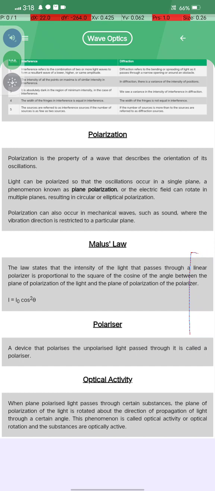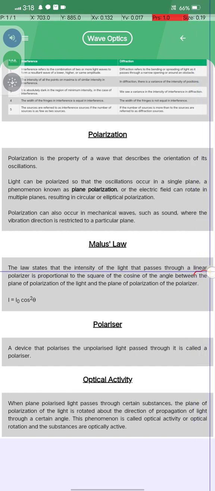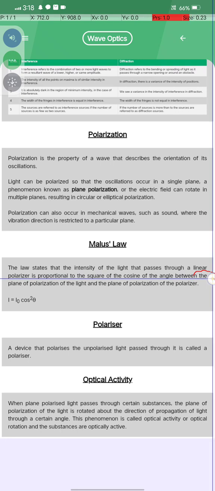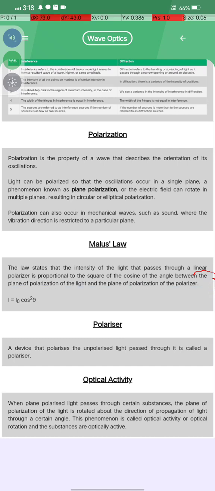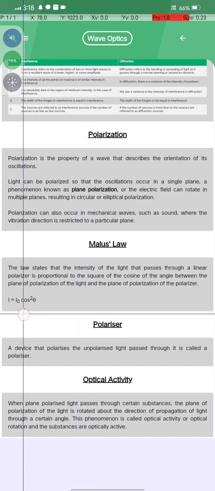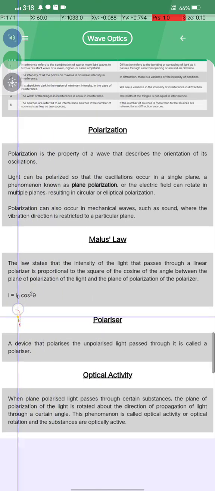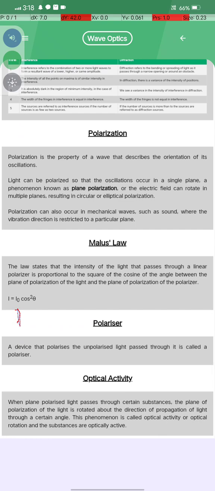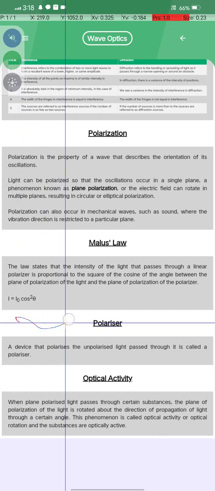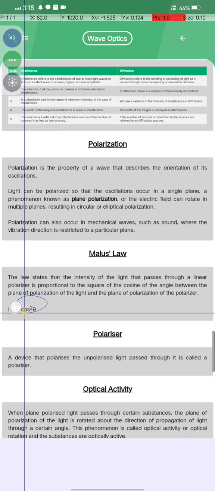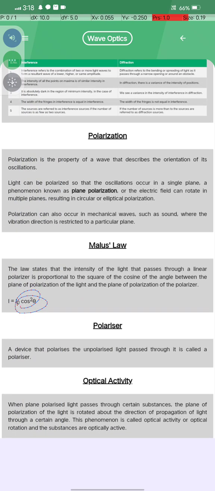Malus law क्या होता है? Malus law states that the intensity of light that passes through a lens and the polarization potential is directly proportional to the square of the cosine of the angle between the plane of polarization of the light and the plane of polarization of the polarizer. मतलब क्या कह रहा था उससे फॉर्मूला ना समझो। मतलब ये जो इधर का जो नंबर है वो इधर के स्क्वायर का मतलब प्रोपोर्शनल है, और जो इधर वाला नंबर है जिसको हम लोग बोल रहे हैं कि लाइट इंटेंसिटी, वो डायरेक्ट प्रोपोर्शनल हो रहा है वो जो कॉस के स्क्वायर के बराबर है। मतलब सीधा बस फॉर्मूला को डिस्क्राइब कर दिया गया और यहाँ कोई डेफिनेशन नहीं लिखा हुआ। इस फॉर्मूला को ध्यान रखो कि मॉल्स लॉ ने कौन सा फॉर्मूला दिया था। ओके,